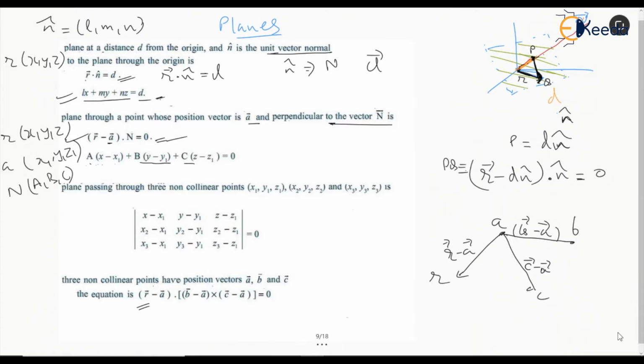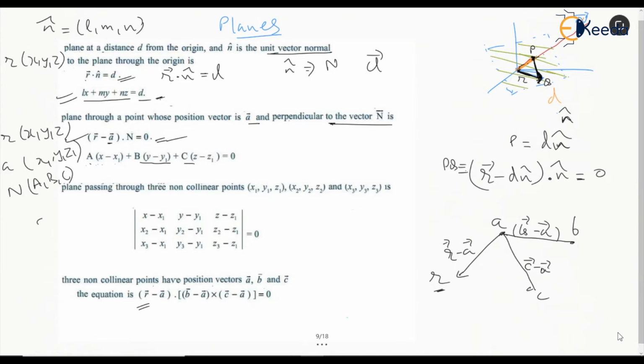So these are the 3 lines we are having, R minus A, B minus A and C minus A. Now if these 3 lines are in the same plane, that is we want a position vector which is on the same plane as the 3 points. Now if this R minus A is also on the same plane, then the scalar triple product is going to be 0, because we have seen it, the parallelepiped we will form, the volume of that solid is going to be 0 if the vectors are on the same plane. So that is what we are doing.